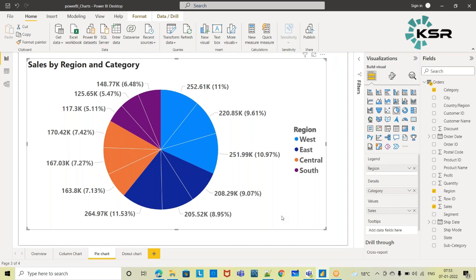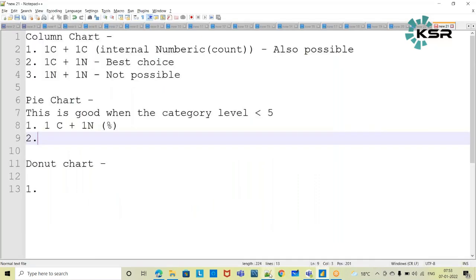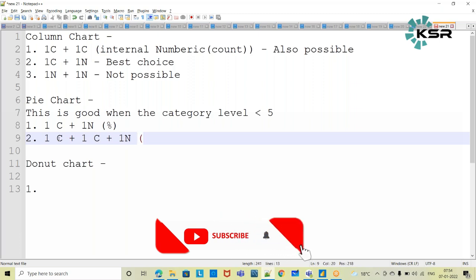Okay. So this is also possible: one categorical plus one categorical as legend, giving some extra value, with one numerical in terms of percentage value.